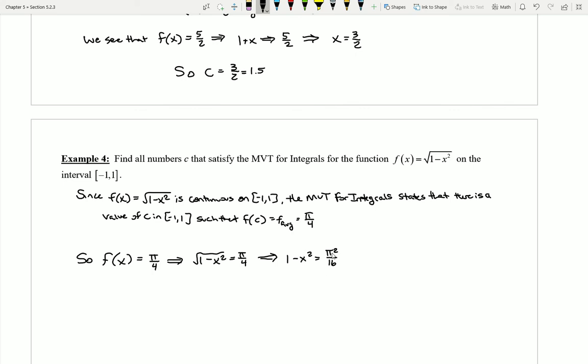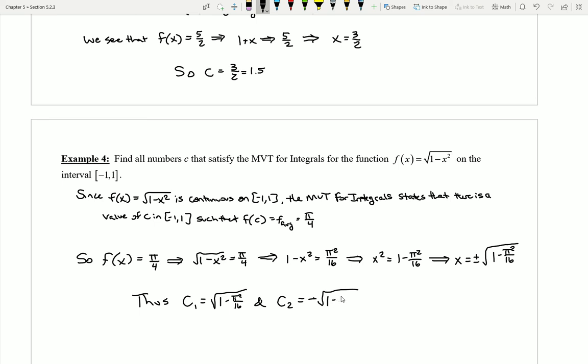I could add the x squared over and subtract over the pi squared over the 16. So this will get me x squared is equal to 1 minus pi squared over 16. And then I could go ahead and square root. And of course, don't forget when I square root here, I'm going to need plus or minus the square root of 1 minus pi squared over 16. Thus, I actually have two different c's here. I'll call them c1 is this positive square root, and then c2 is